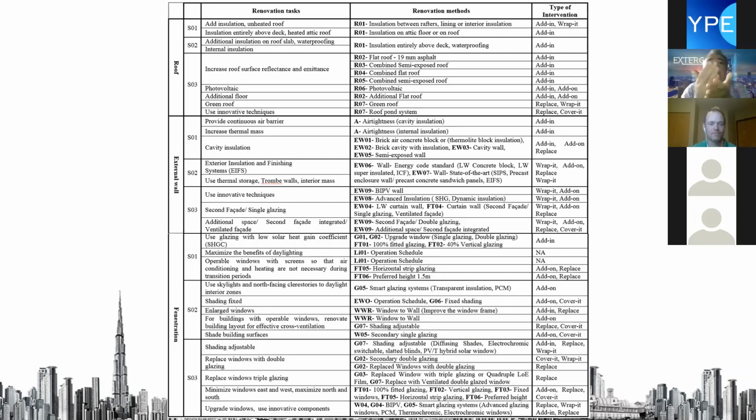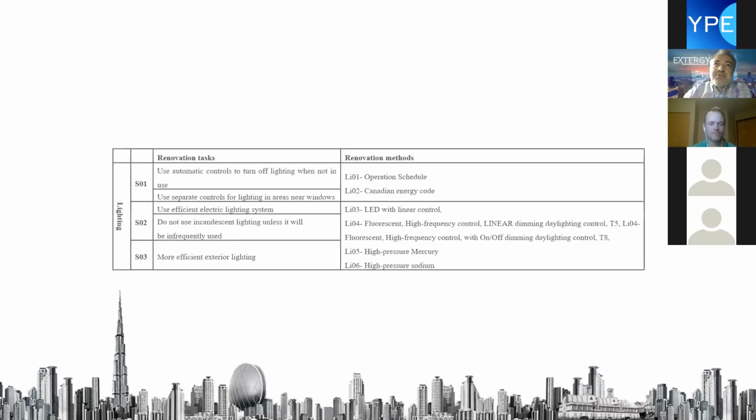And for each component, we have 3 levels. As you can see in this table, we have, for example, S1, S2, and S3. It's based on the requirements of the clients. For example, for the existing building, if the client doesn't want to touch the windows because it's very complex and very expensive, we dictate the model to not touch the windows, and go to, for example, the facade materials or the HVAC system. So it's very flexible in terms of the different plans we have for the improvement scenarios.